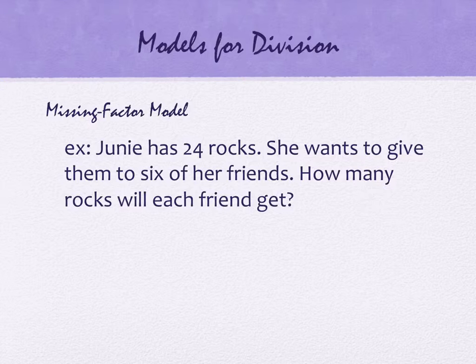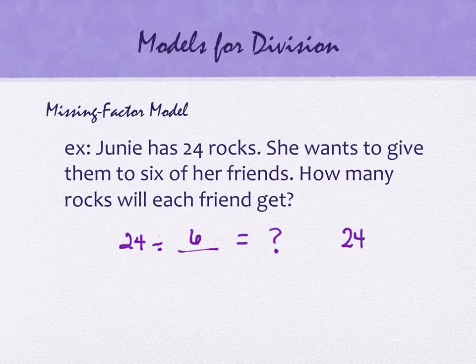So with missing factors, we're going to write down 24. We're dividing by something to get something else. This one says Junie has 24 rocks. She wants to give them to 6 of her friends. So this is 24 divided by 6 equals our question mark. You could also write it as 24 divided by question mark equals 6. Either direction that you write it, you're going to change this problem to